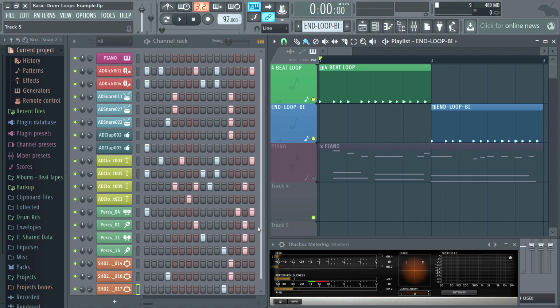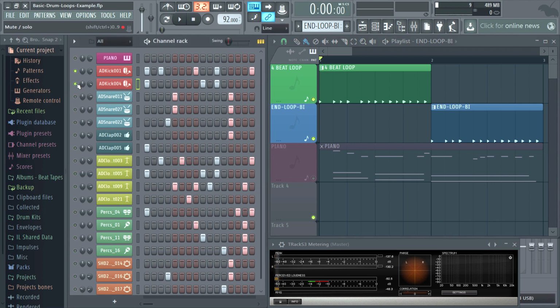Okay, so these sounds right here just add that little bring-in to give a change-up and give the listener something different to listen to, and then it brings that loop back in. Next thing we're gonna do is listen to just the one kick drum